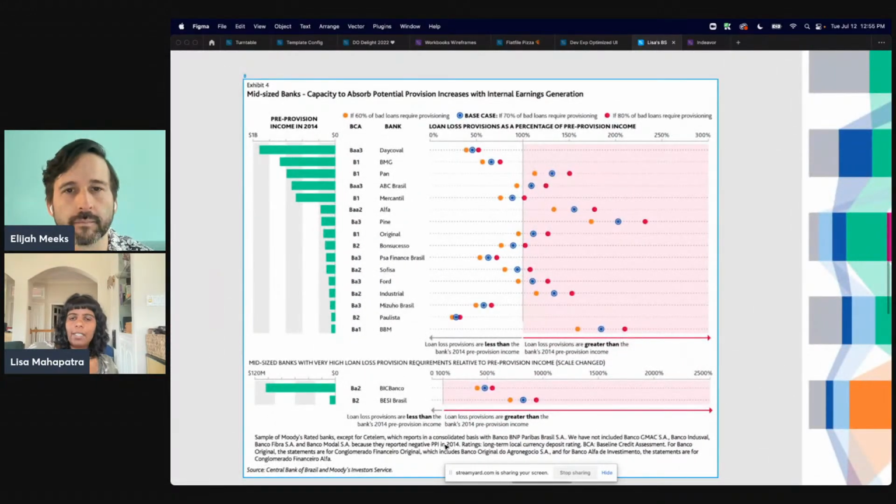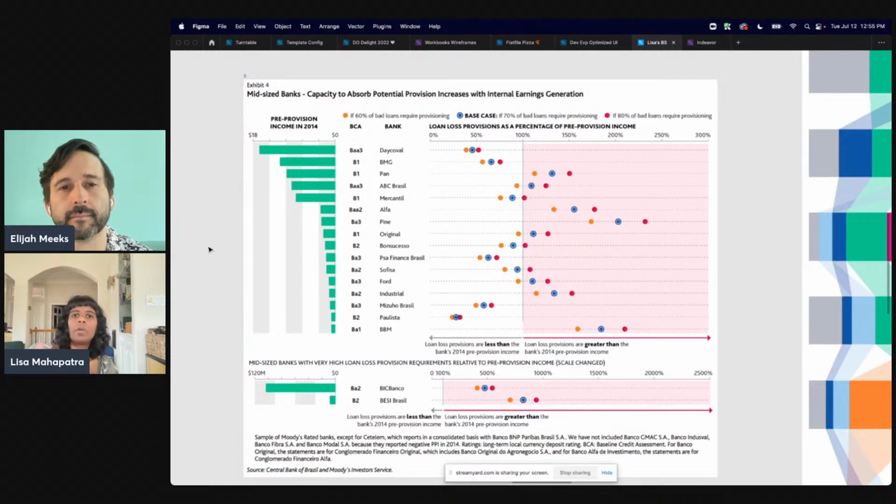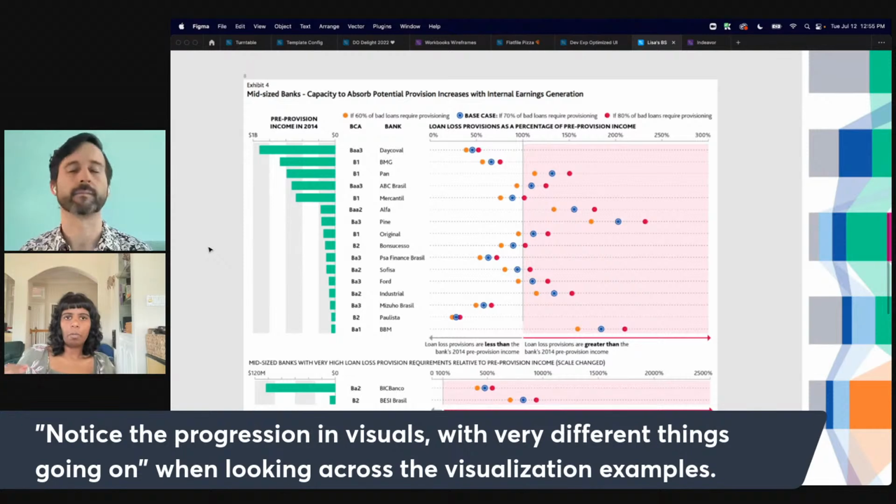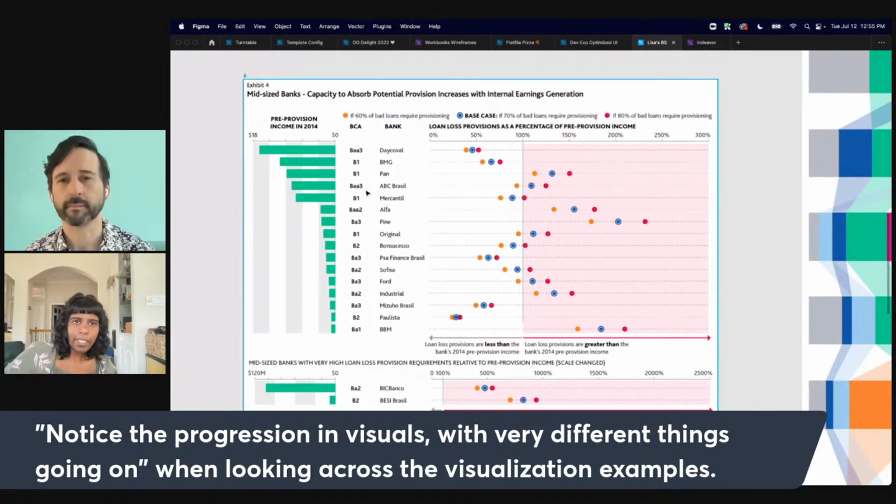Remaining within the design system that I created for them, which specified what the colors are, what the order is in which colors should appear in a visualization, and what the color is for good versus bad. This is basically a visualization of best case versus worst case scenario for all of these big